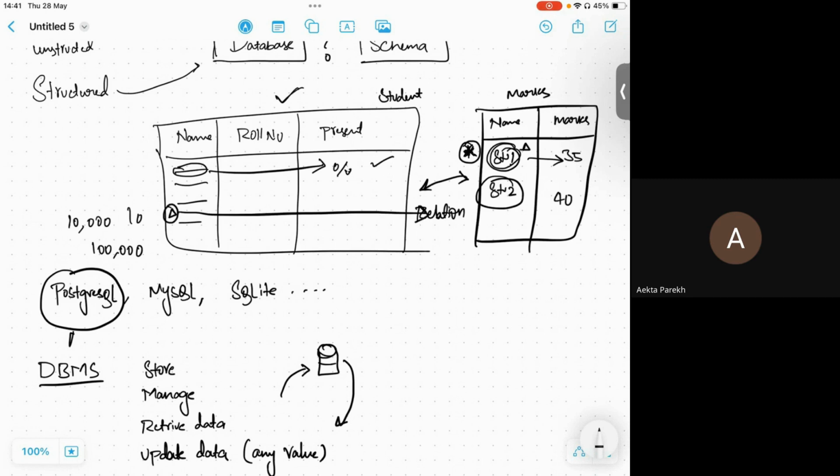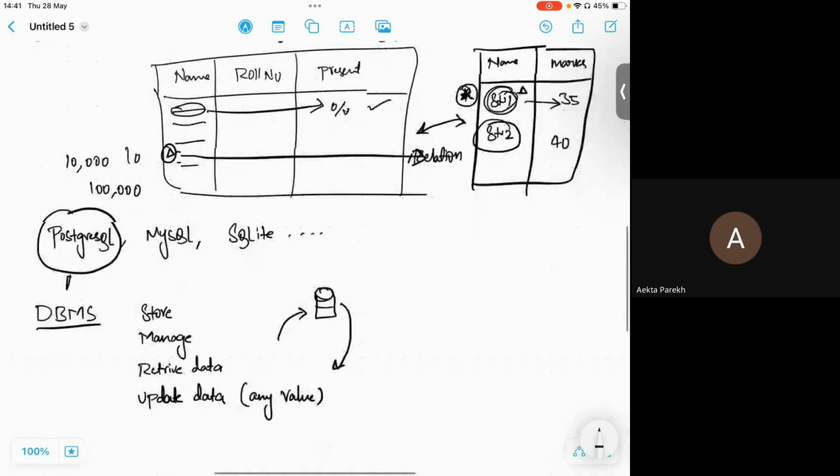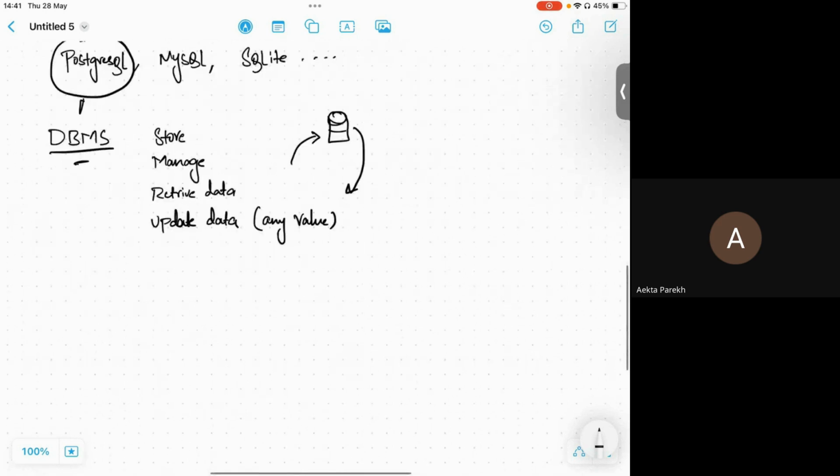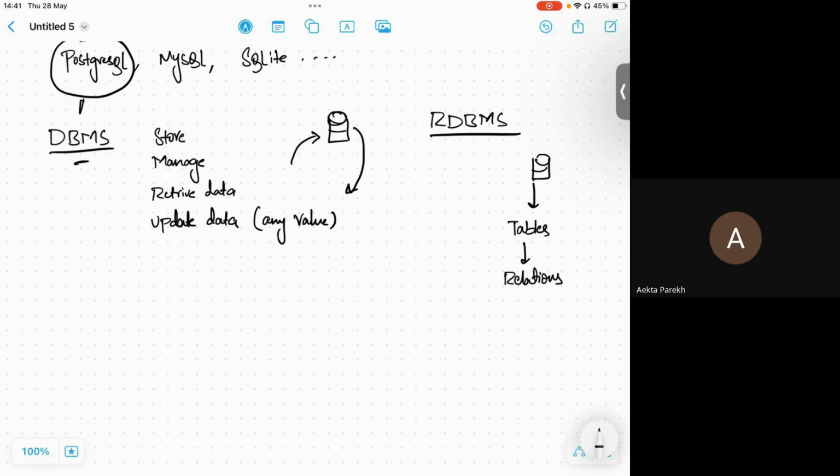If we put this relation into a DBMS, that is called a relational database management system, where the database has different tables and all these tables have relations with each other.